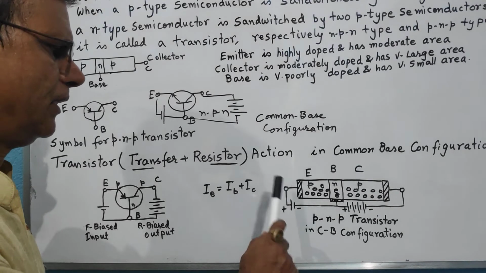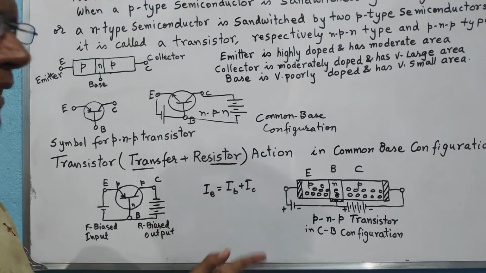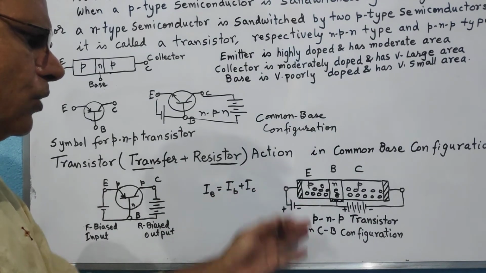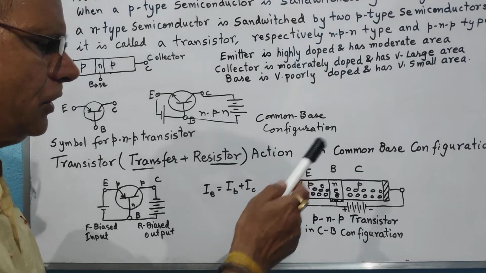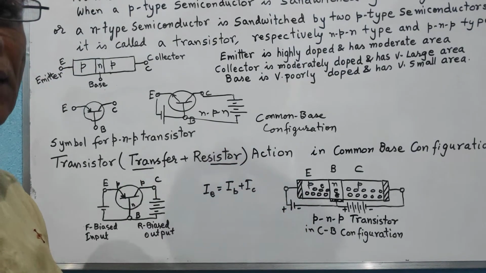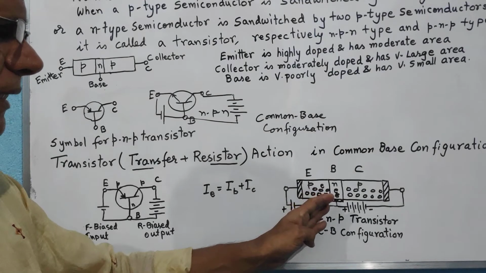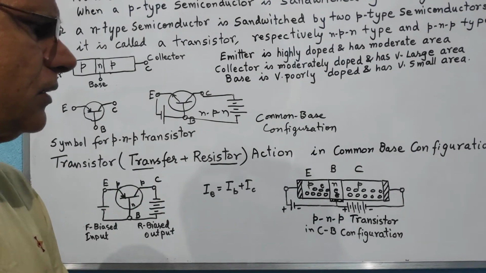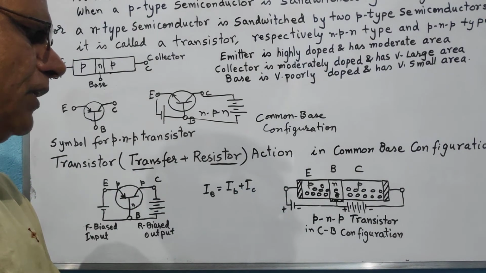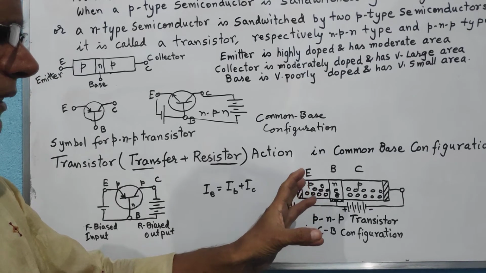So what happens when these holes come from the emitter? The emitter is highly doped, so there is an abundance of majority charge carrier holes in this p-type semiconductor, and when these holes enter into the base region, they find very few electrons, which are the majority charge carrier of base, and with them they combine. Only a few of the holes combine with these electrons because there are only few electrons available to combine with the incoming holes from the emitter zone. So now the remaining unpaired, uncombined holes